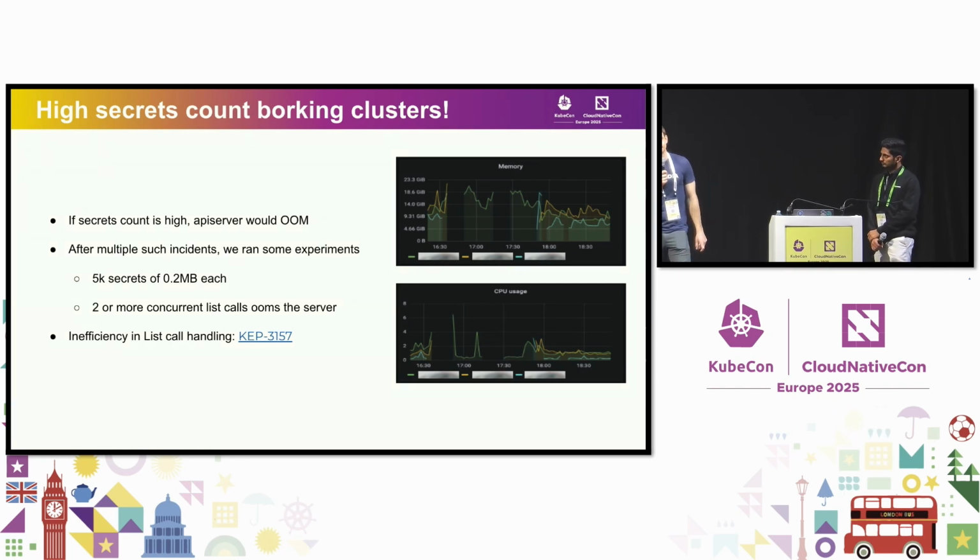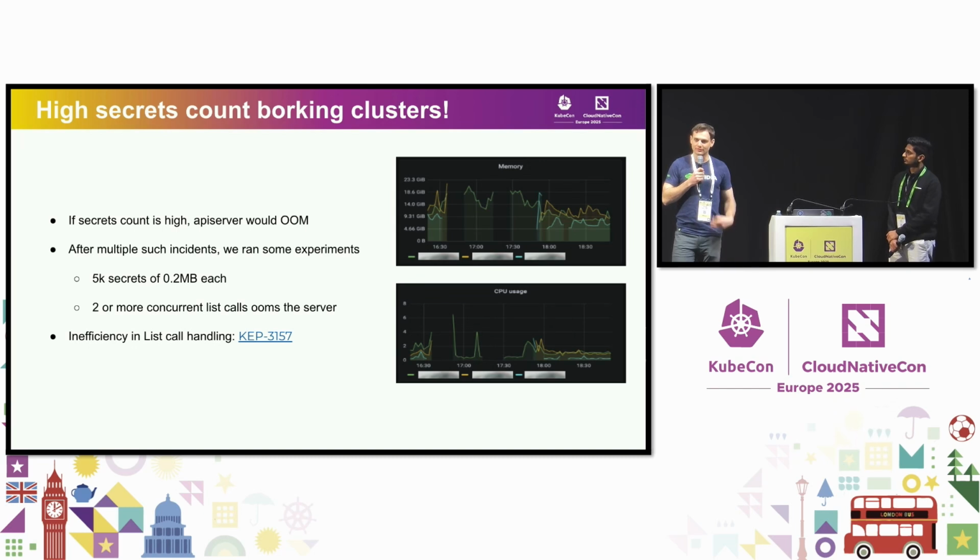We noticed that in our environment, if we have a lot of secrets, we can run into an issue, specifically if we do list calls to the API server. And these secrets, like I said, they're not quite the ordinary secret. They're not like a base64 encoded string that's a few hundred bytes. They're 0.2 megabytes each. They're pretty large. And we have 5,000 of these things. So think about that in terms of etcd storage. So we have etcd storing these things.